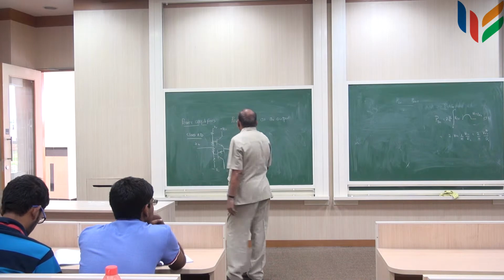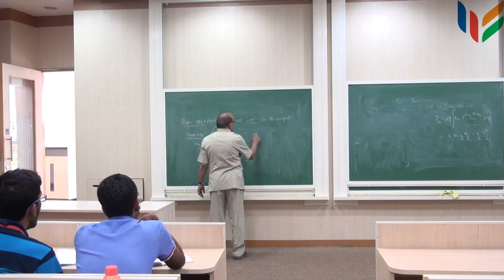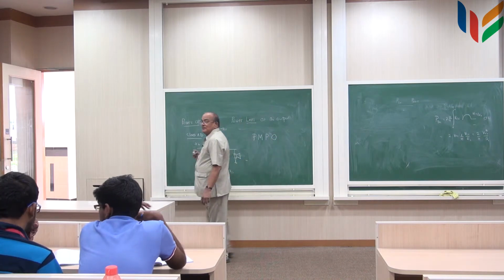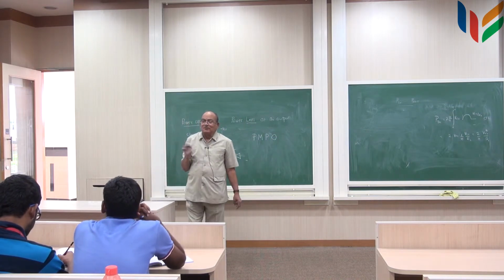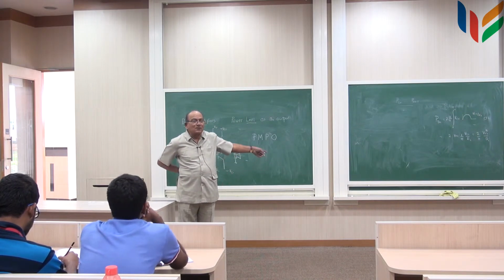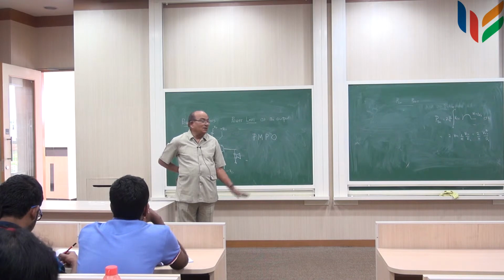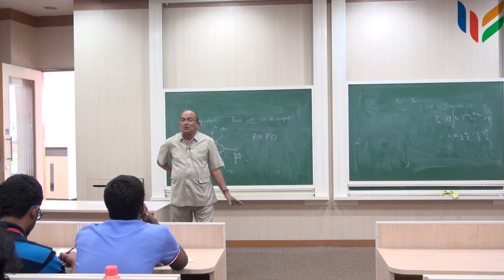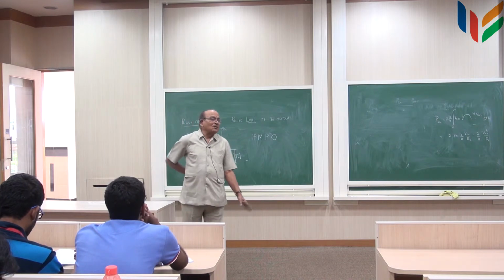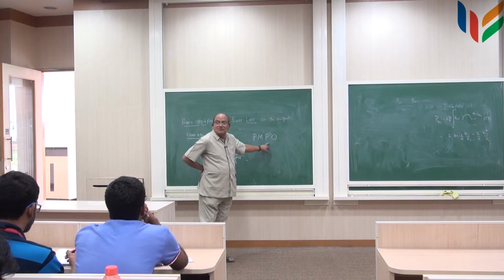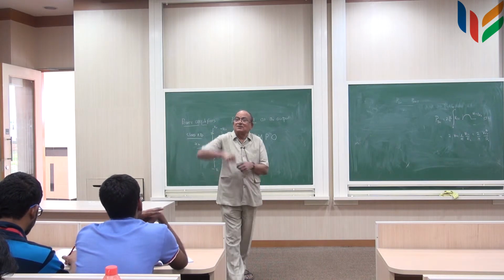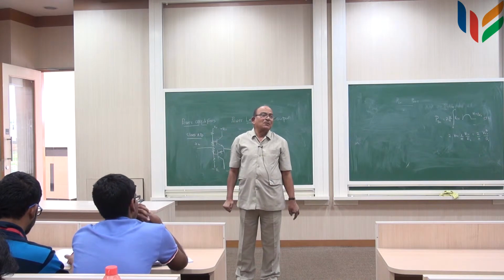So people actually specify what is called a PMPO. They don't talk about sine wave. In the good old days we used to talk only about sine waves, but now they specify with respect to PMPO. They say the amplifier is rated for 1000 watt PMPO. What does it mean? 1000 watts of peak music power. That means if sometime the music takes on peak values, this amount of power you can get.